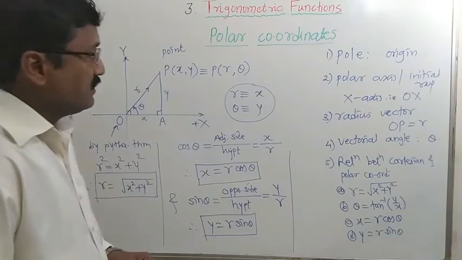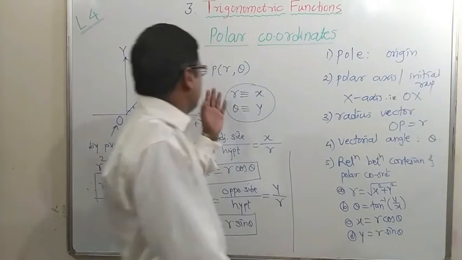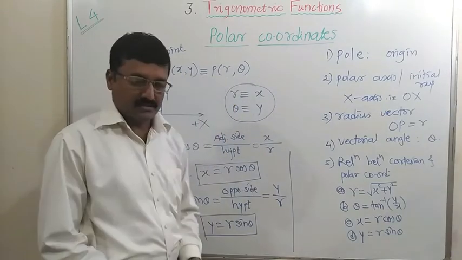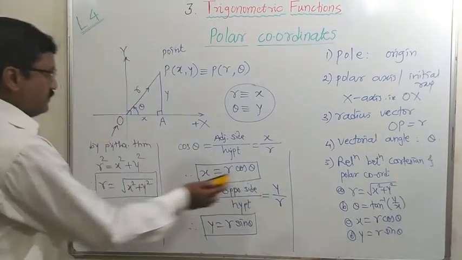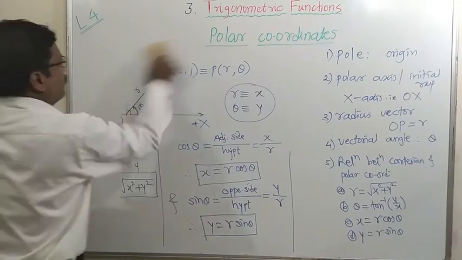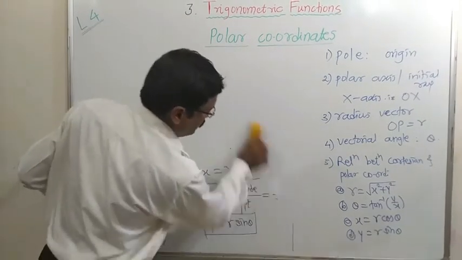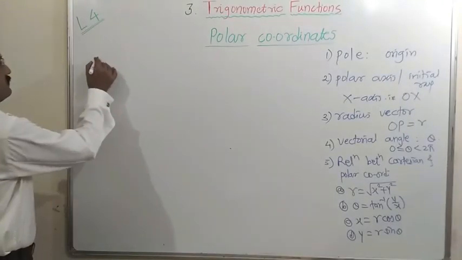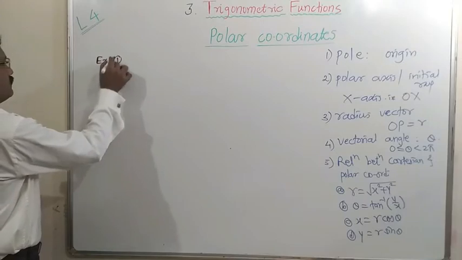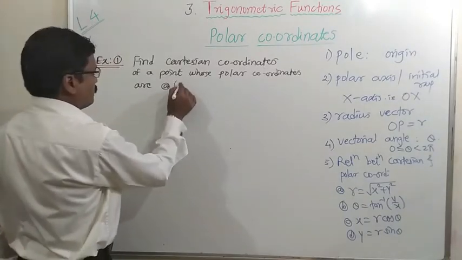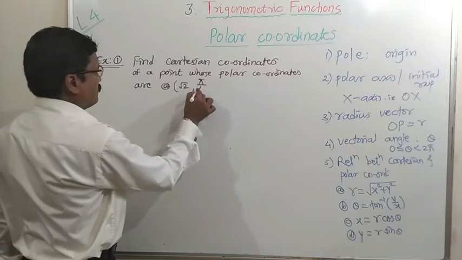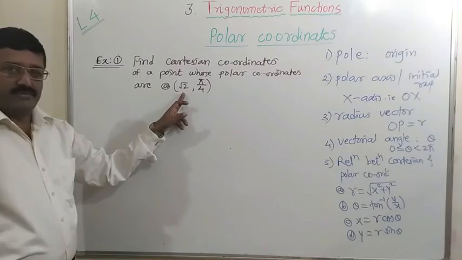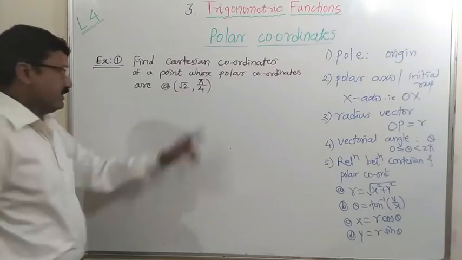And on this article, the question is asked to find the equivalent either polar coordinates or Cartesian coordinates. Let us see some examples based on these four formulas or this relation. Example 1. As here polar coordinates are given, so first will be r and second will be theta.